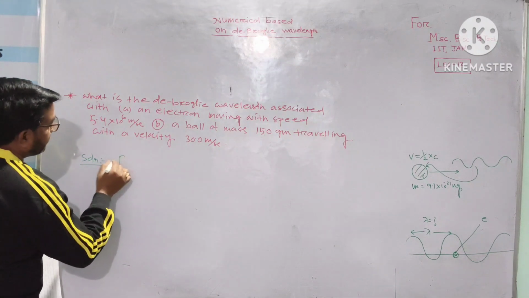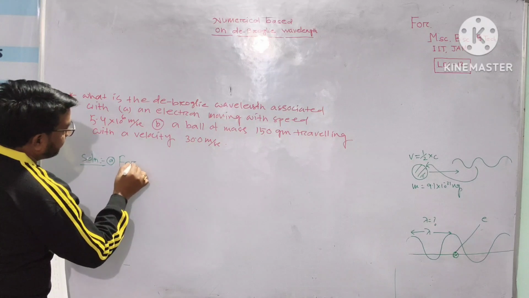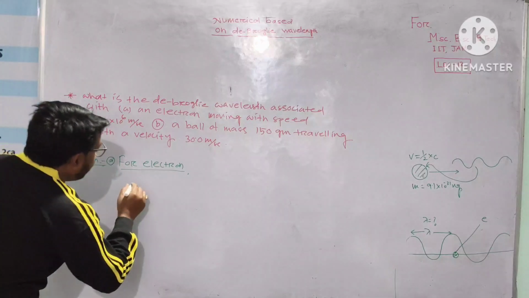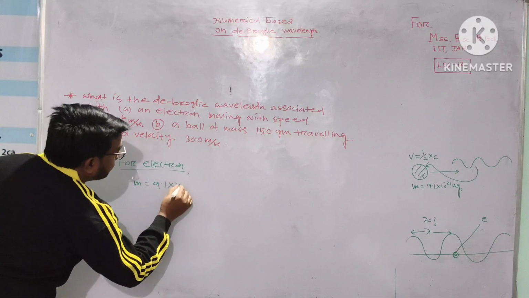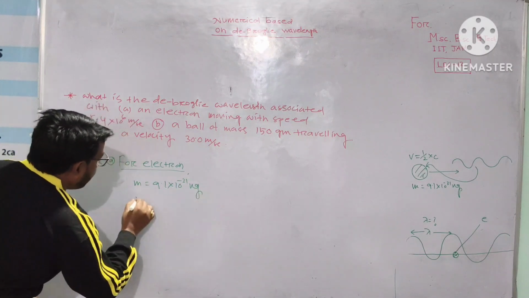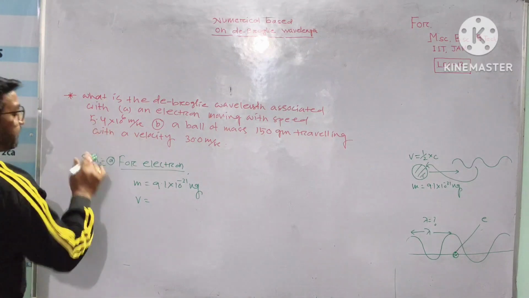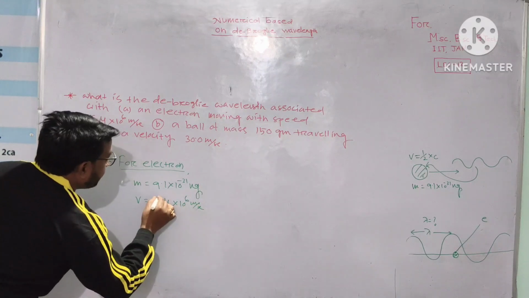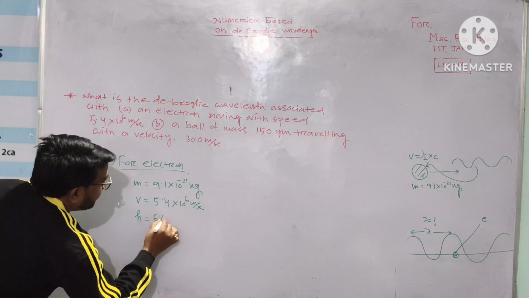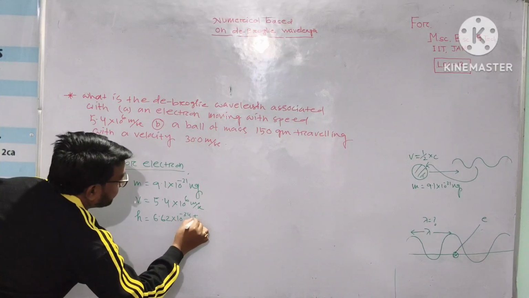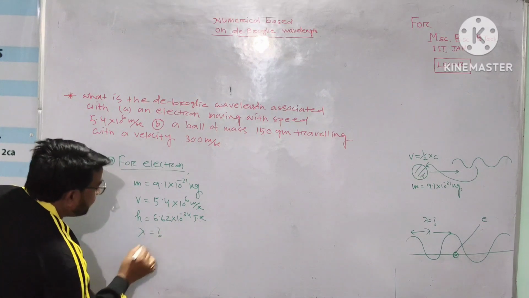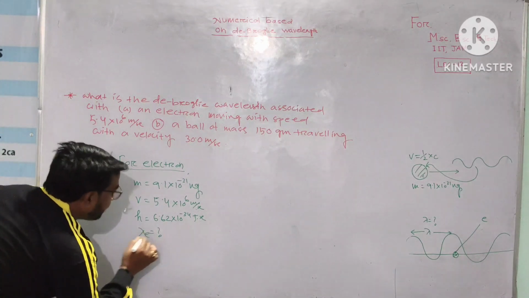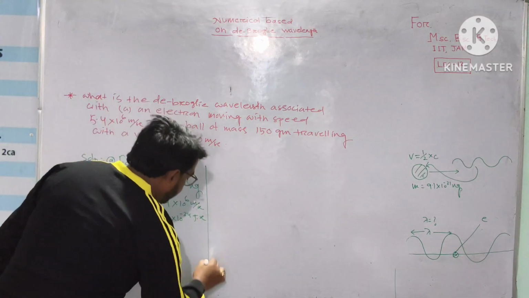Suppose this is our first part, for electron. For electron, we know that mass of electron equal 9.1 into 10 to the power minus 31 kg, and velocity is equal to 5.4 into 10 to the power 6 meter per second, and Planck constant 6.62 into 10 to the power minus 34 joule second. Lambda equal what? It means that we are going to find the wavelength corresponding to the electron. So lambda e equal what? So we know that